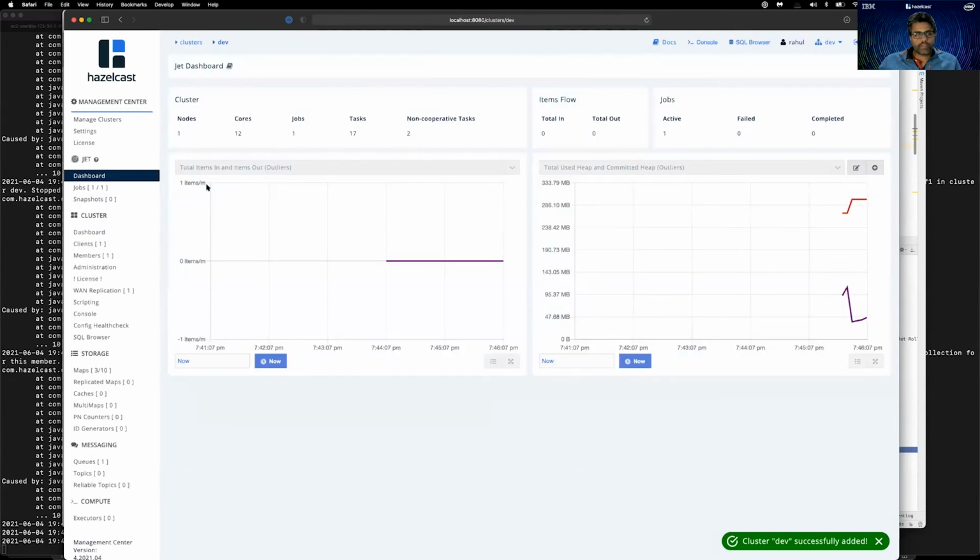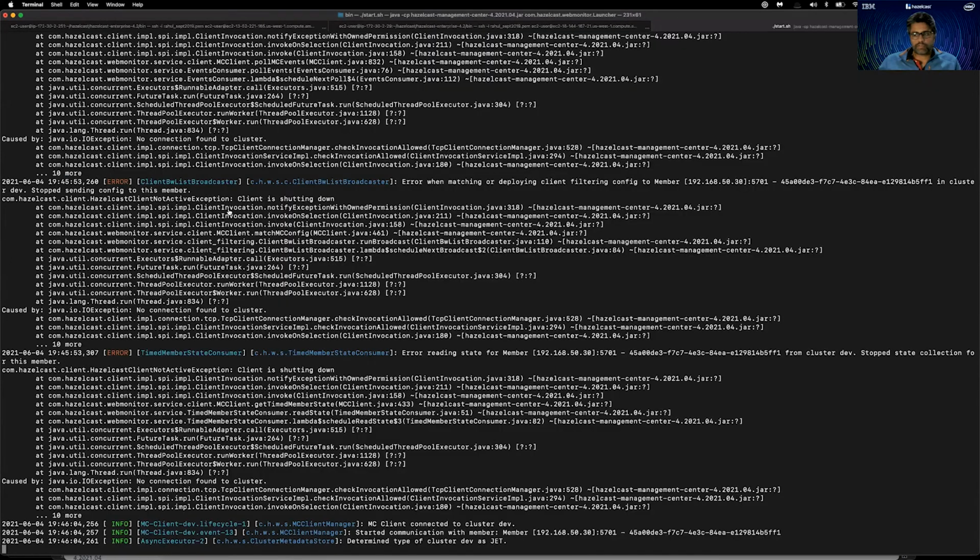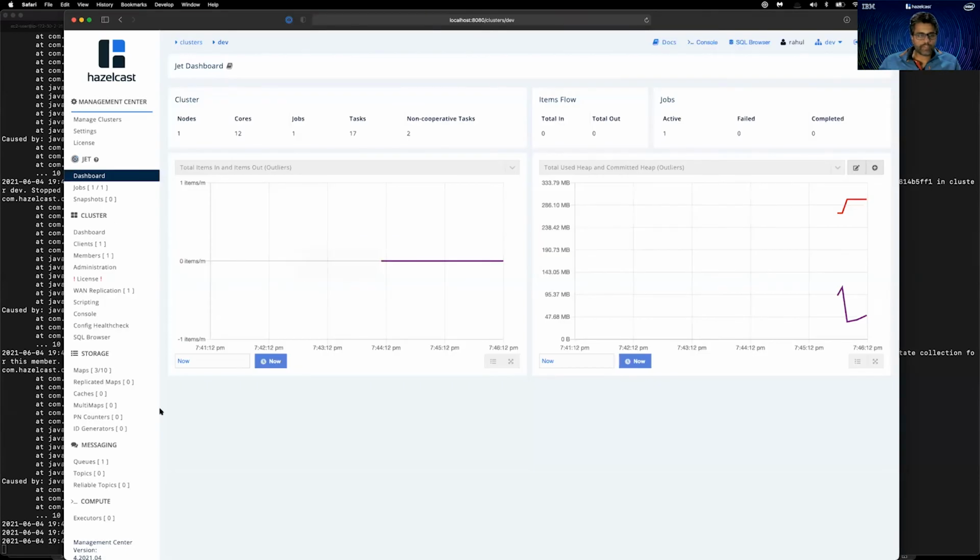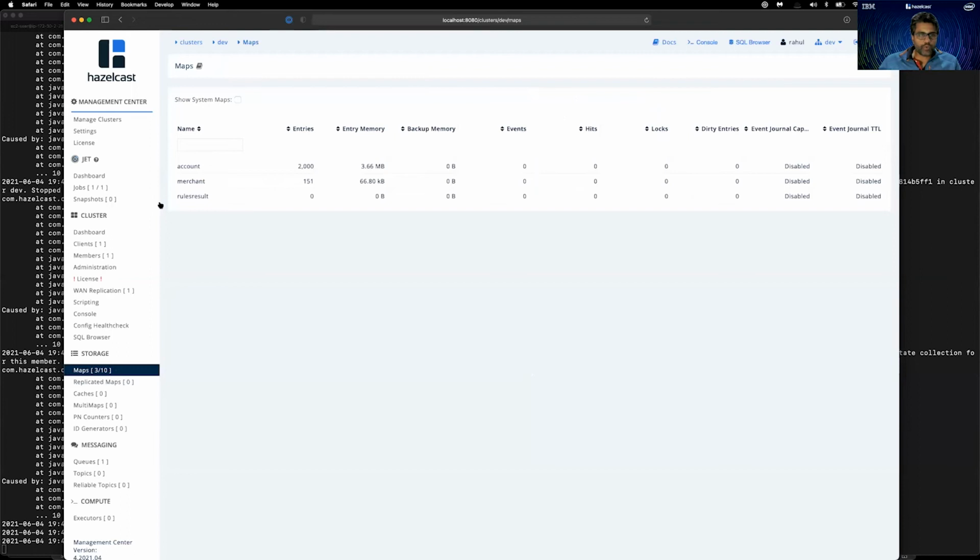When we go in here, please ignore these errors, because the Management Center could not find the server, which is why it shows this error. Anyway, we have one server instance, and as we can see, it created 2 different maps, account and merchant.